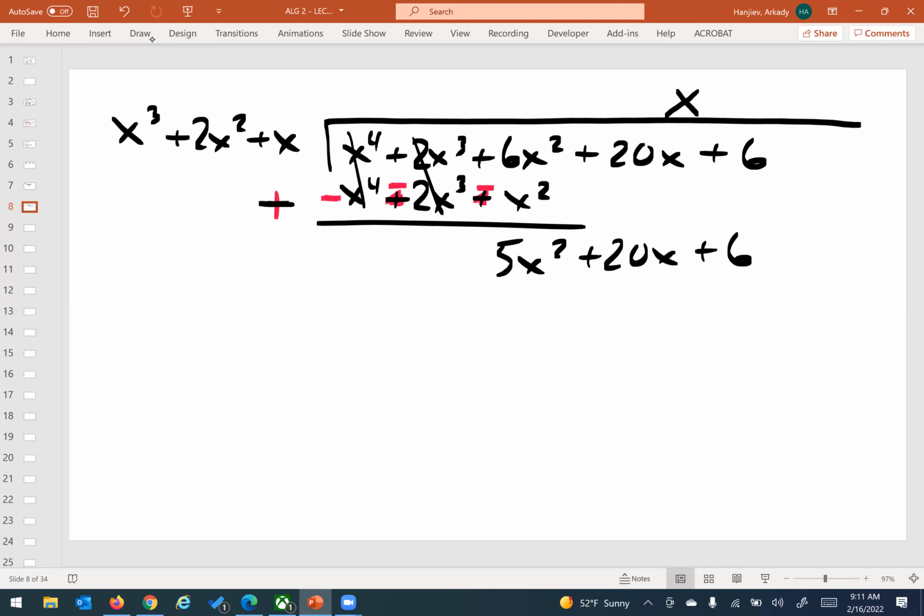And so now the question is, what multiplies x to the third to give you 5x squared? You can't go down an exponent, so we're done. That means that's the remainder. Disgusting remainder. Here's what we got, x plus